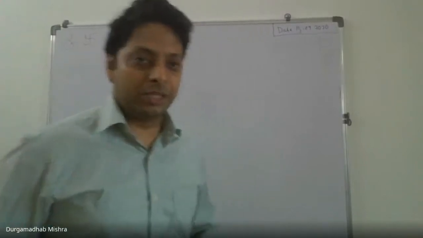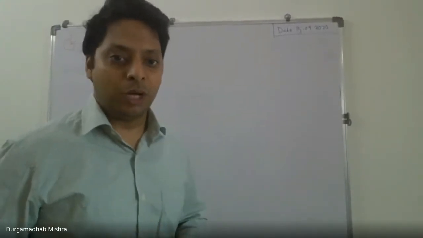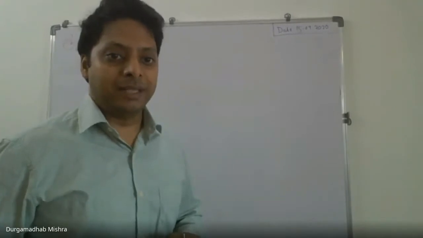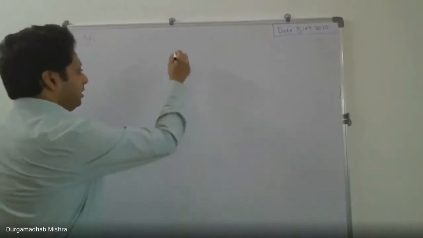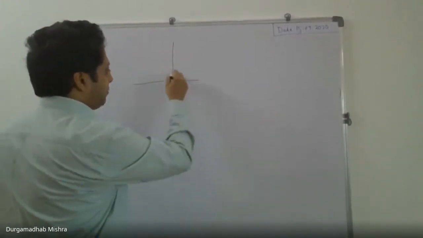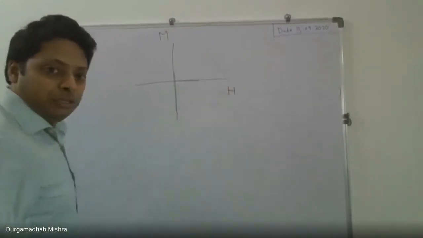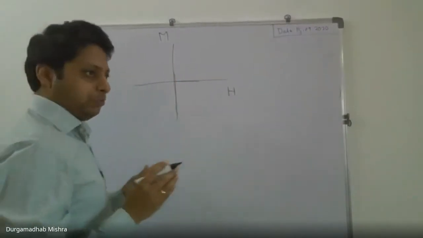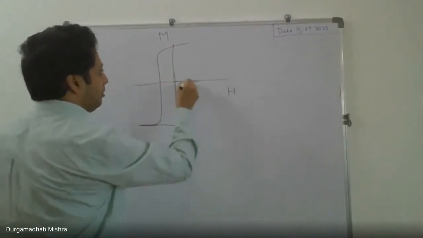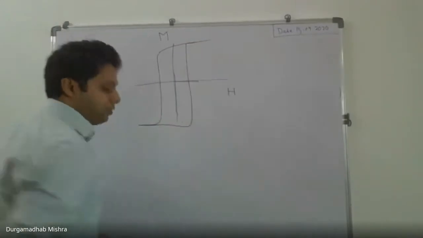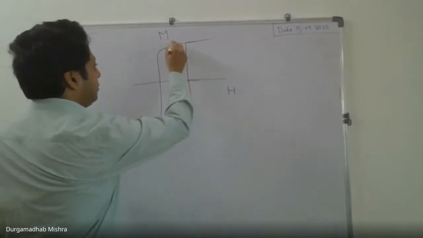So today we are going to discuss a special kind of materials. These are known as soft magnetic materials and hard magnetic materials. When we discussed hysteresis, M versus H, there are two possibilities in hysteresis. One is, let's say, this is hysteresis with a large coercive field, and then another possibility is with